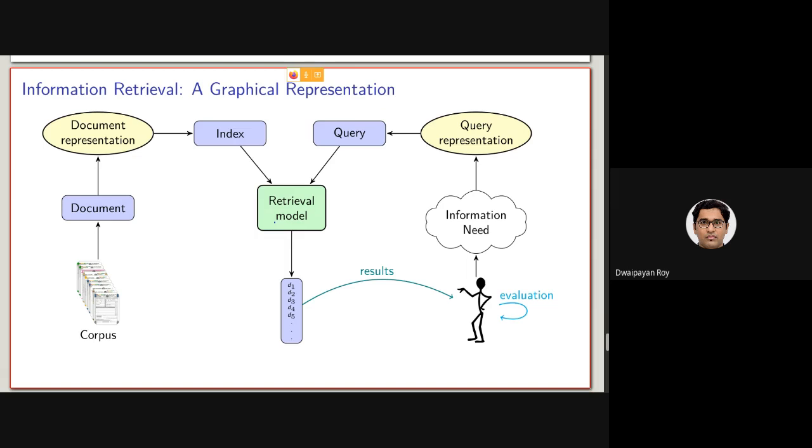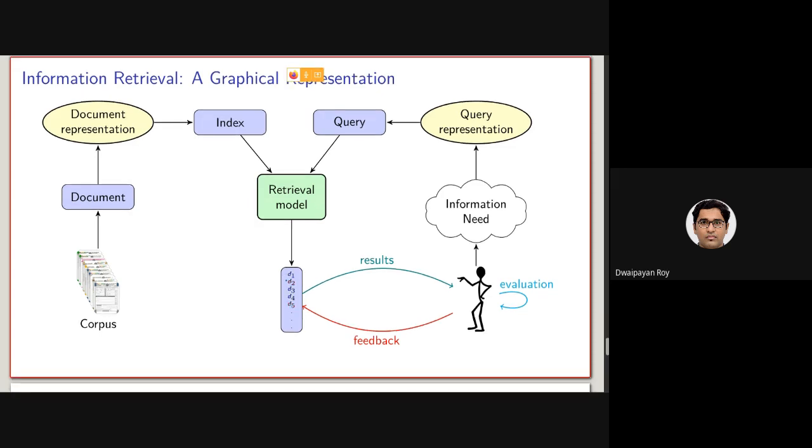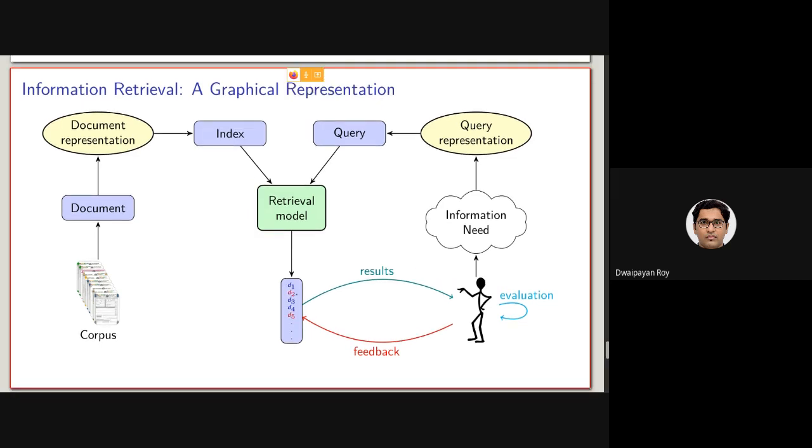It can be the case that the retrieval system asks the user to mark certain documents as relevant or non-relevant. Let's say the information retrieval system asks the user to mark the documents for feedback, like he has marked this D1. So earlier it was just a set of documents. Now he has marked D1 as relevant, D2 as non-relevant, D3 as relevant, D4 relevant, D5 non-relevant.